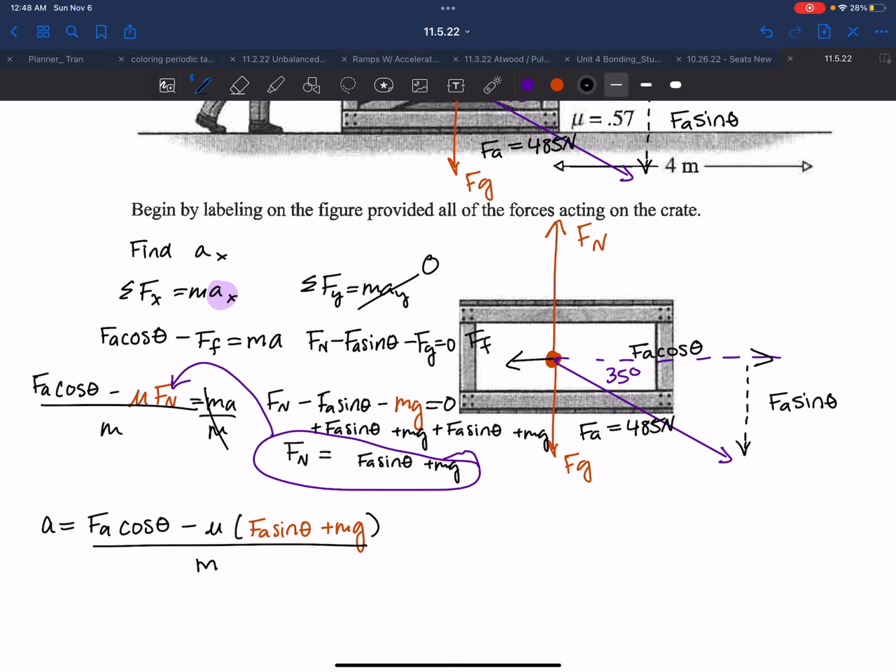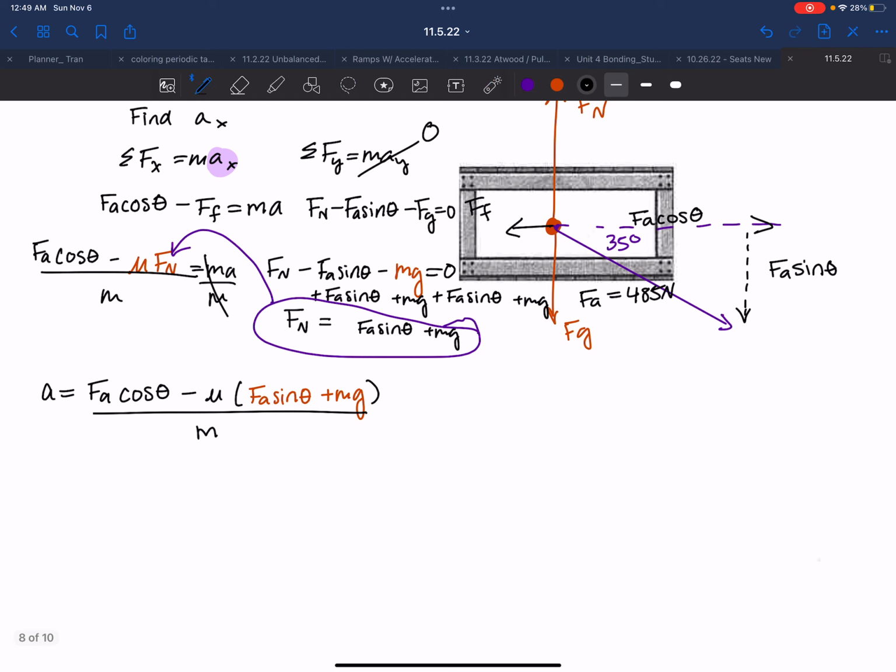So I also have everything in my y direction, like all my unknowns as well, so I'm just going to plug it in. Whenever I plug it in, I should get this. It's going to be 485 cosine of 35 minus mu, which is 0.57, multiplied by 485, the force applied, sine of 35, plus